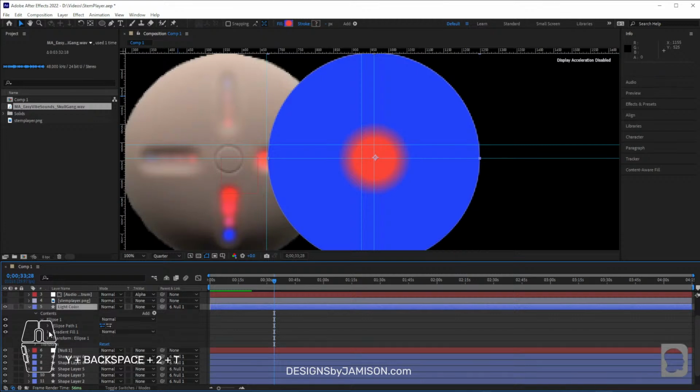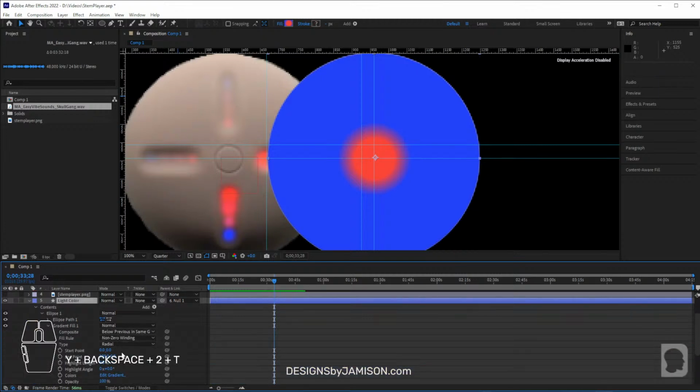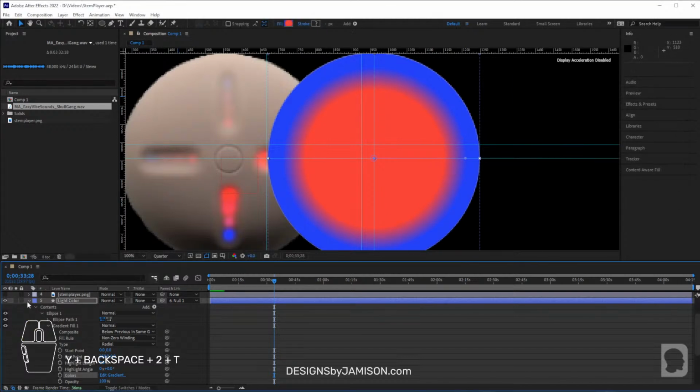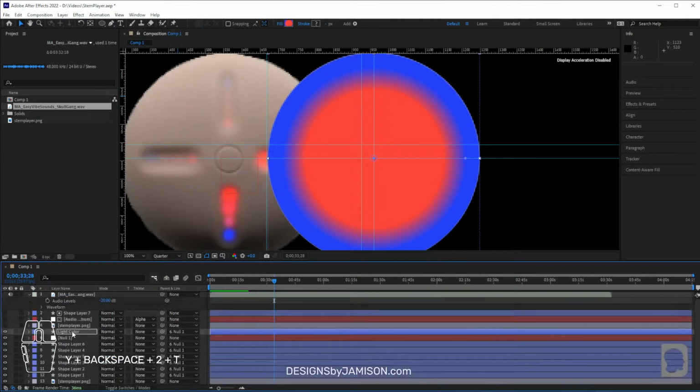Don't need a stroke. Is it the end point? Yeah, that's what it is. Okay. Then I can go back and edit the gradient. I think that's kind of how I was thinking it would look. And then we'll just use this as color on